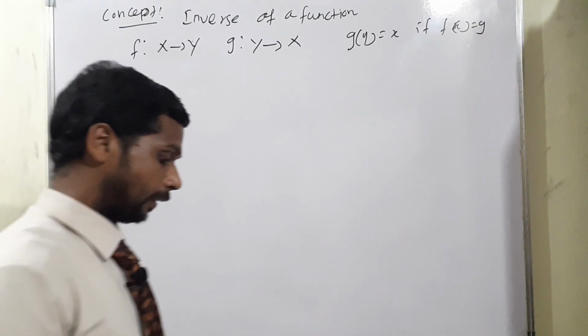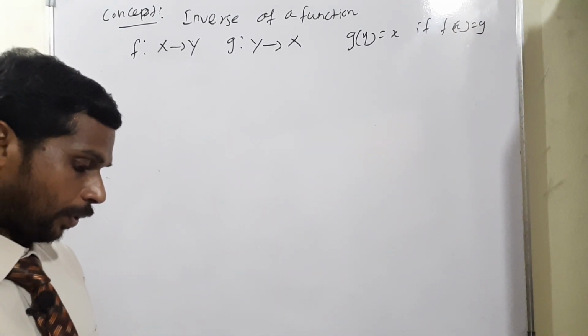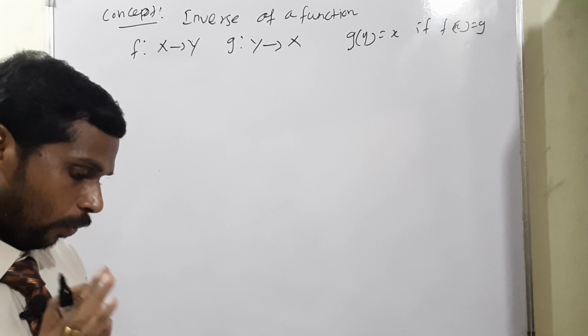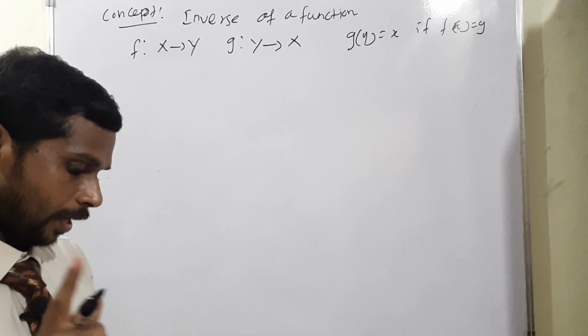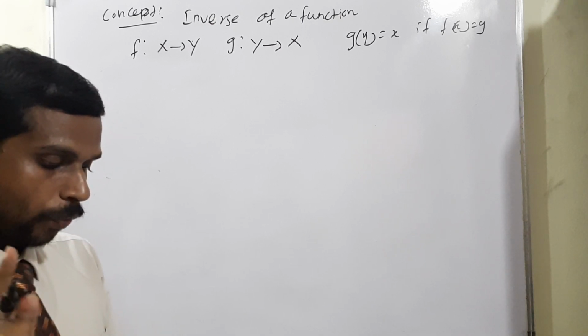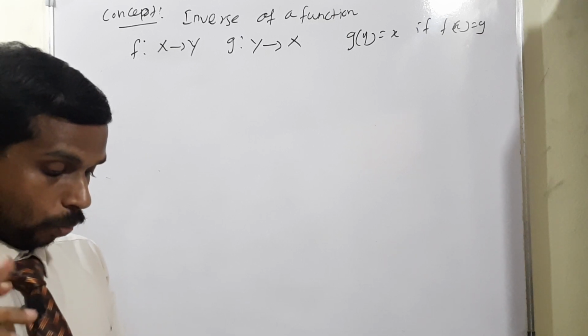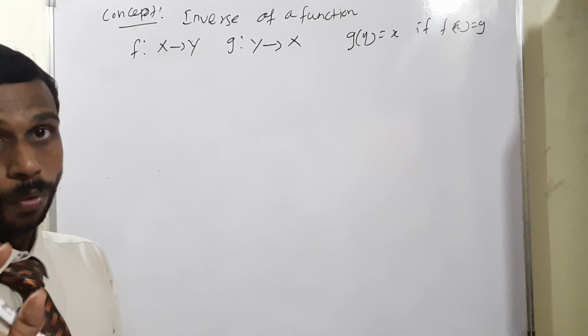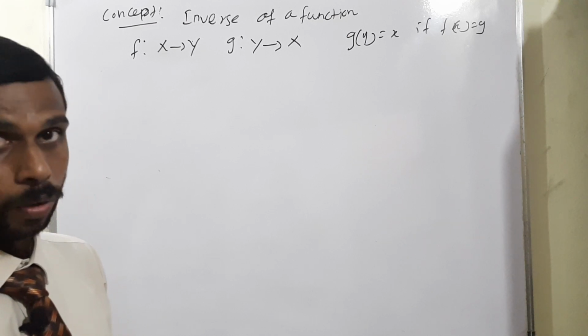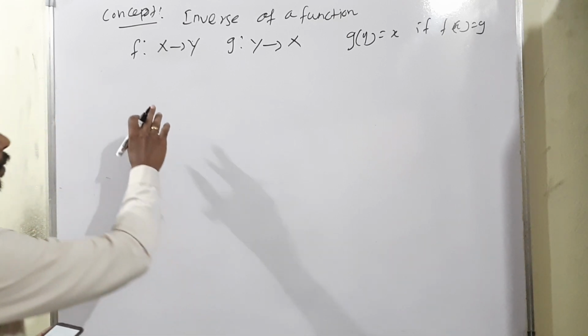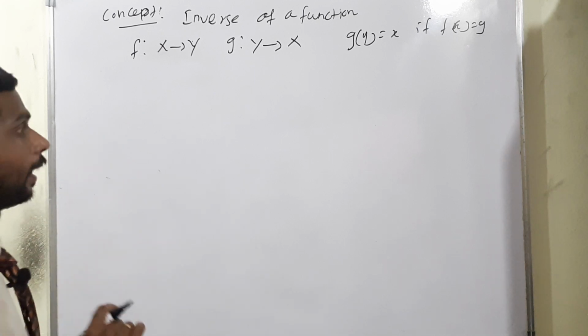One of the important conditions. But before moving to the inverse of the function, there are 4 important points, isn't it? So, the working rule to find the inverse of a function, just read it. Subdivision 1, 2, 3, 4, 4 important points are there. Working rule also, you can read it. I will move on with a simple example.